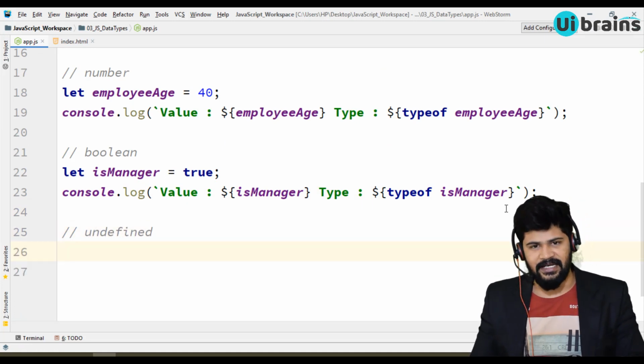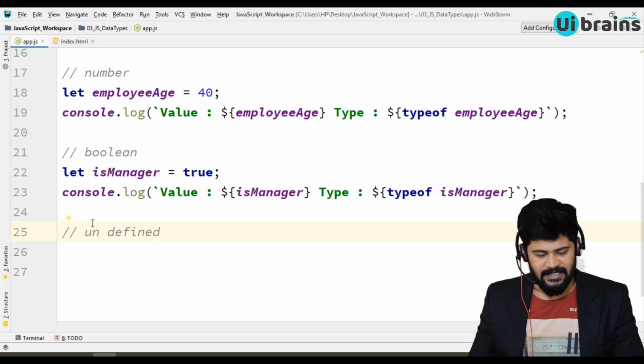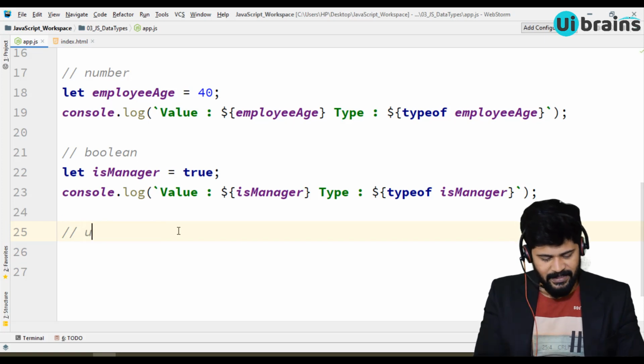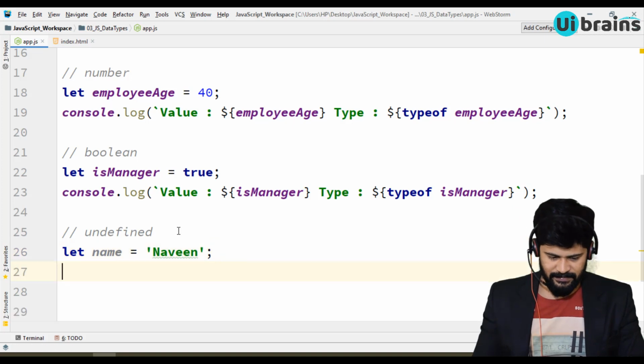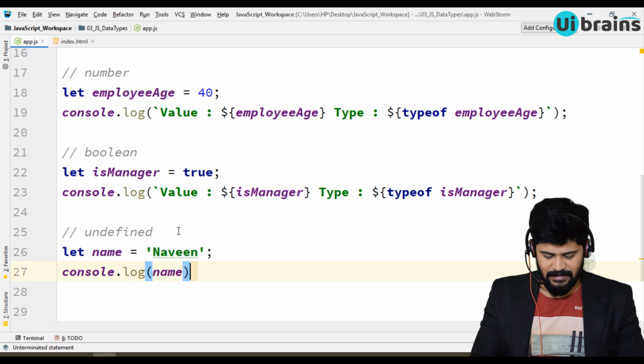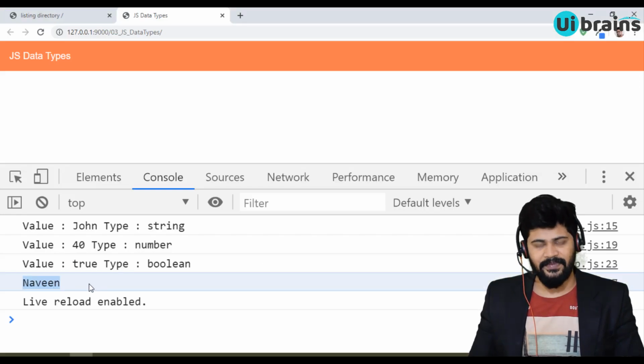Okay, next there is something called undefined. What is undefined? I think you understand this. Undefined means not defined. What is declaration? Suppose I say let name is equal to Naveen. When I write console.log of name, obviously we get the answer Naveen.